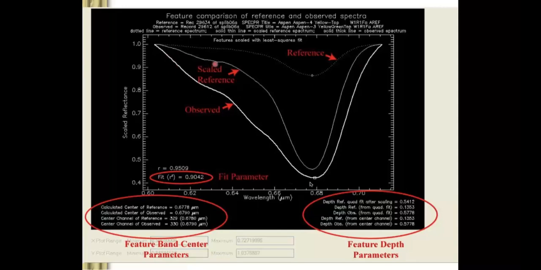Of course there will not be 100% matching, but it will be close. Wherever we are getting a very close relationship, you can see the correlation is around 0.95, and the fitting is around 0.90. Where we are getting very high fitting, you can say that it is actually that mineral. So you can match. This is from your lab, this is from your field.